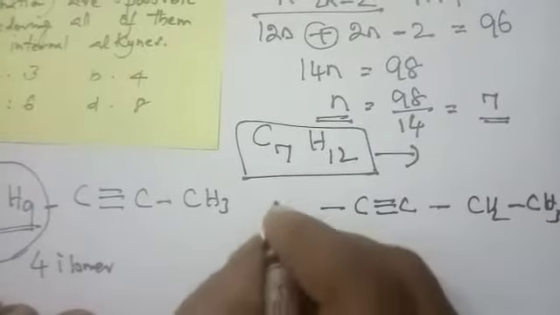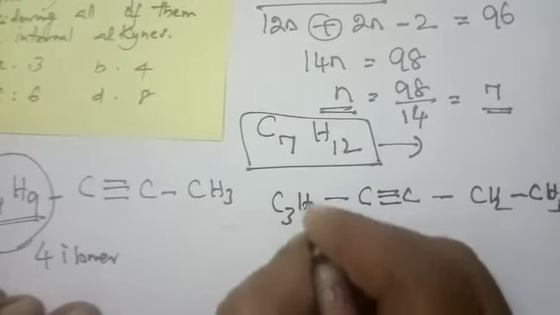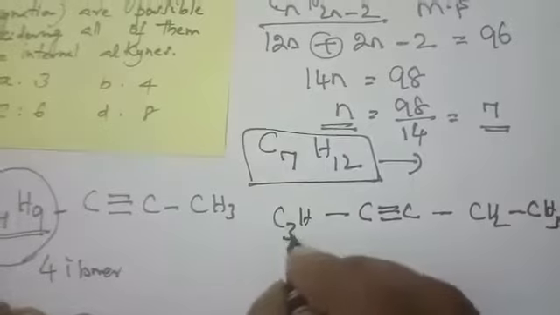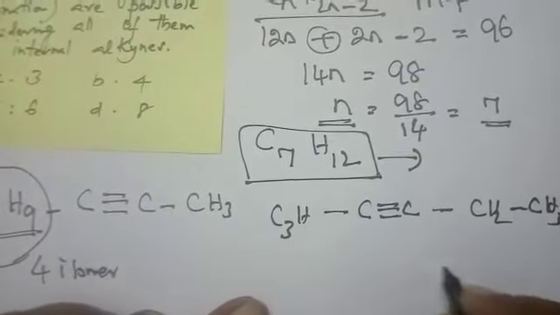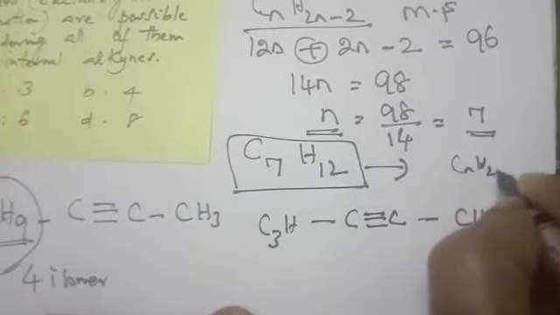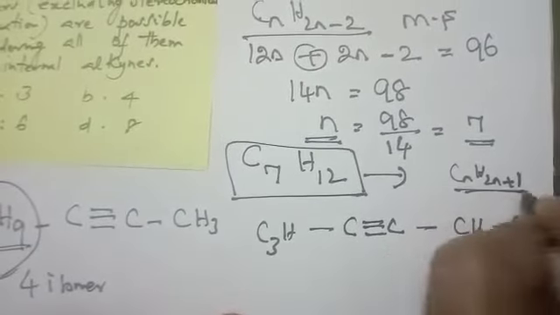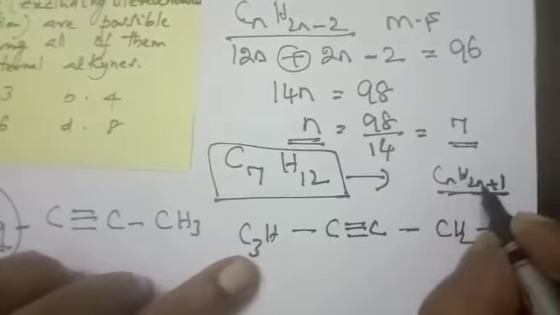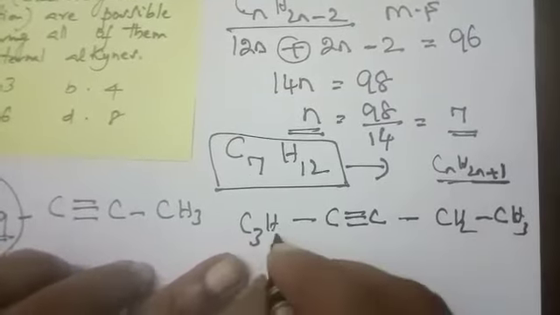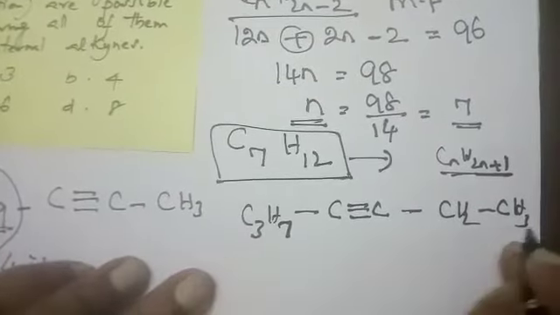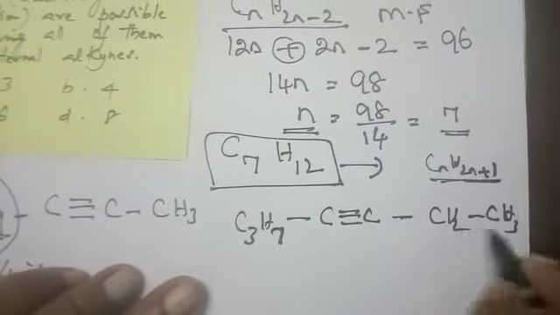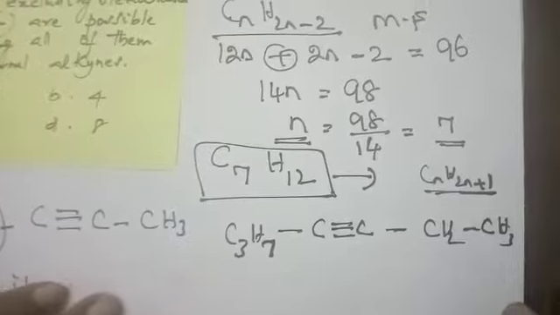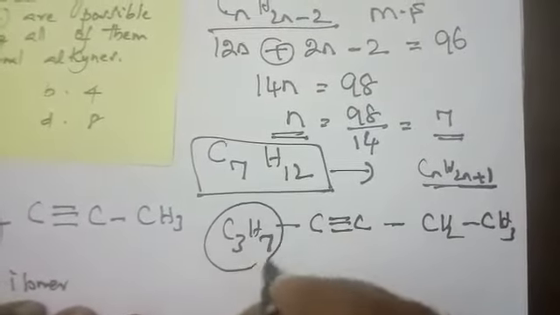Now here it is carbon 3. Carbon 3 means 2n minus 2. So 2 into 3, 6, 2n. The formula is CnH2n plus 1. This is an alkyne. So 3 into 2, 6, 6 plus 1, 7. So this is 7, and the formula is ready. Okay, hydrogen you can verify: 7, 8, 9, that plus 3, 12. So the formula is ready. Now what you are getting here is propyl.